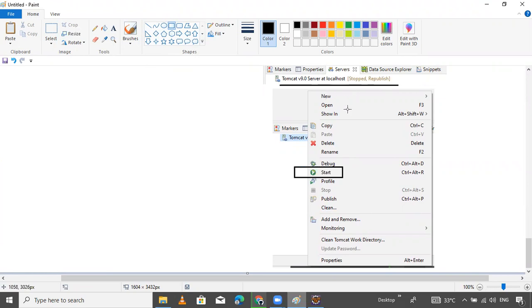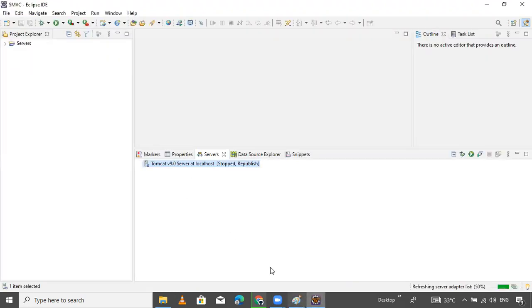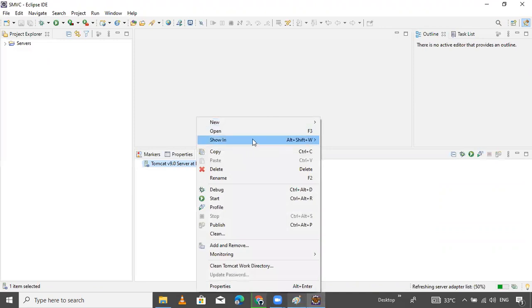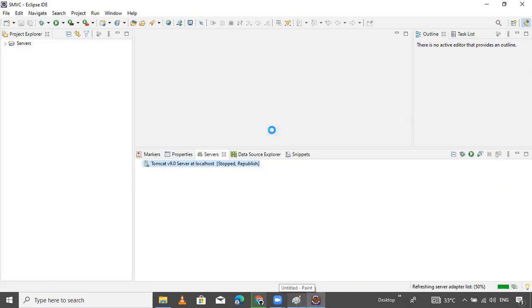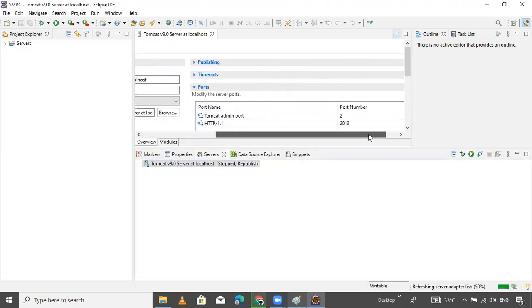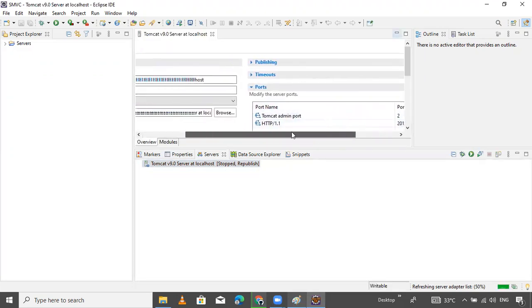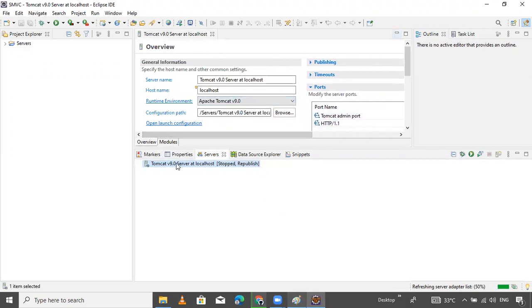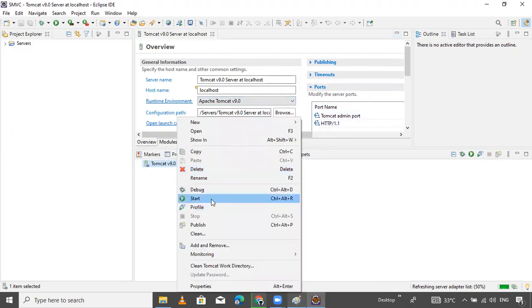If you are facing a port number problem, just click on it, press F3 to open it, and change the port number. You can change it and save, and it changes automatically. Let's start the server.